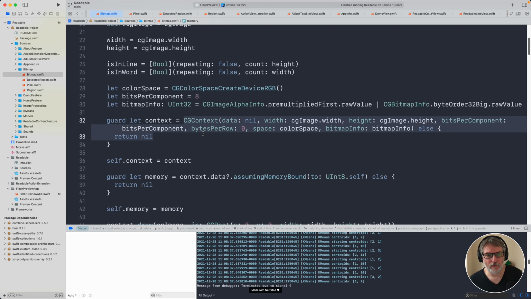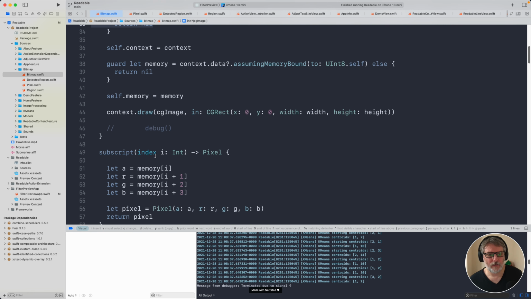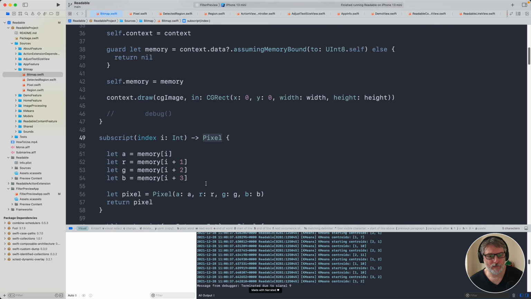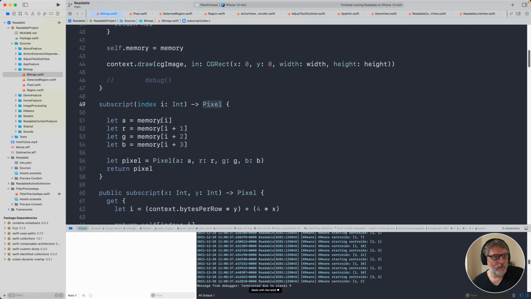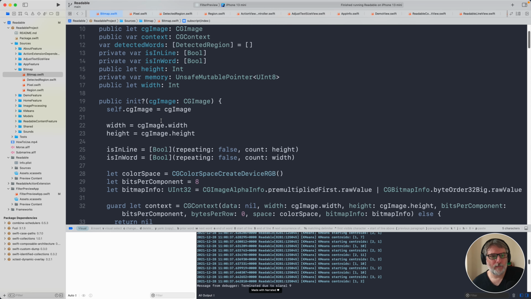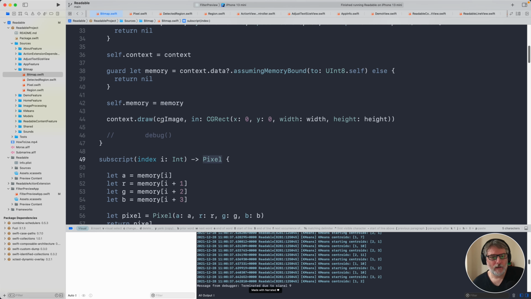So it creates a context, loads the bytes, and then you can essentially index into each byte, and it's stored like this: alpha, red, green, blue, and you can make a pixel out of that. So that's kind of how we're representing it. It's just a block of memory,